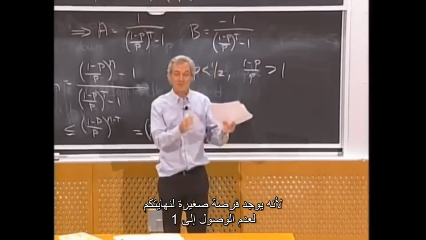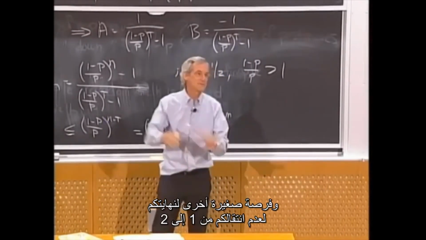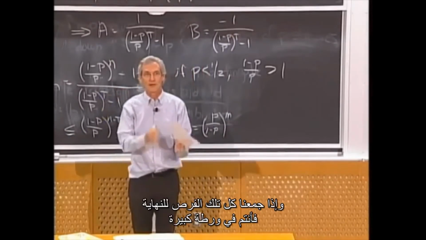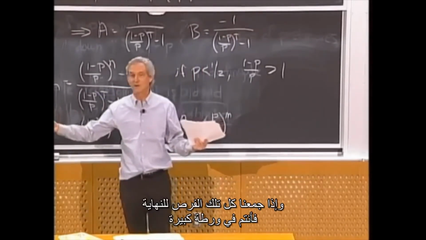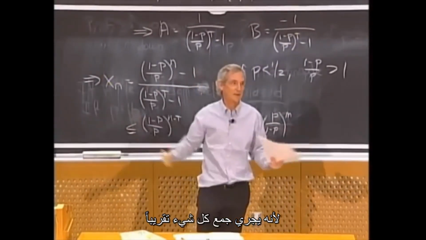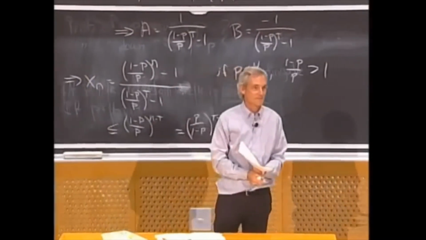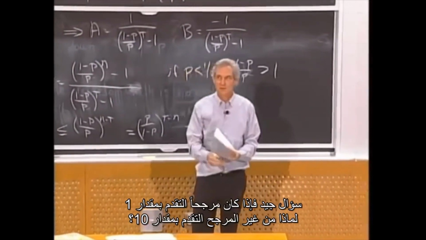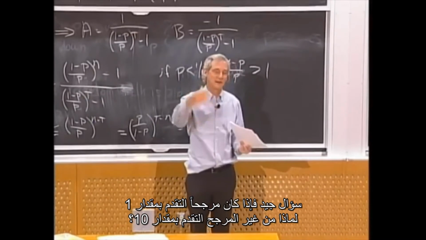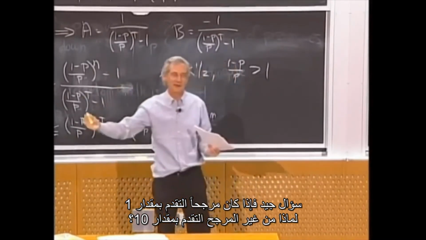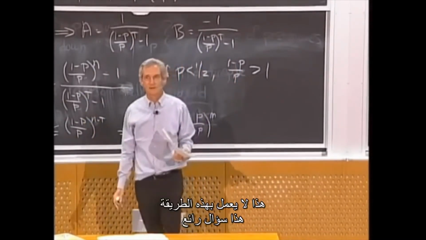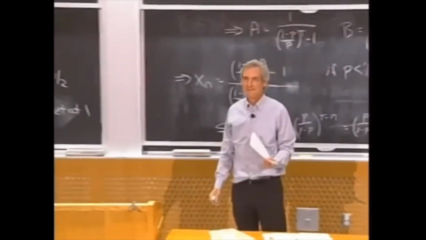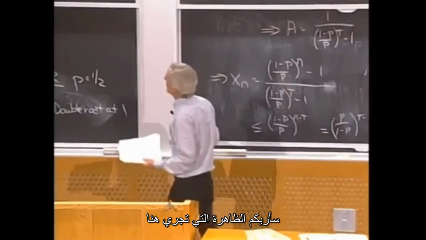Right? So you had a little chance of dying and not reaching 1, and a little chance of dying and not going from 1 to 2. And you add up all those chances of dying, and you're toast. Because that'll be adding up to everything, pretty much. All right, so that's a good question. If you're likely to win, get up by 1, why aren't you likely to get up by 10? Yeah, it doesn't work that way. That's a great question. Let me show you the phenomenon that's going on here